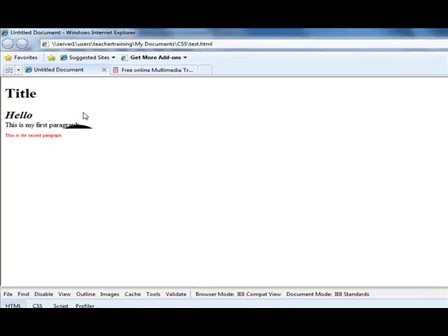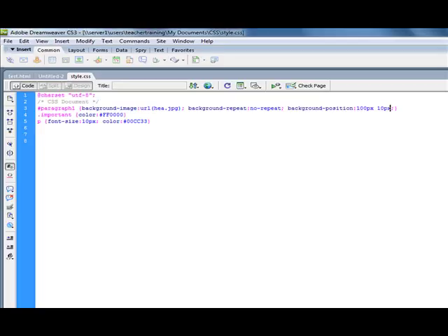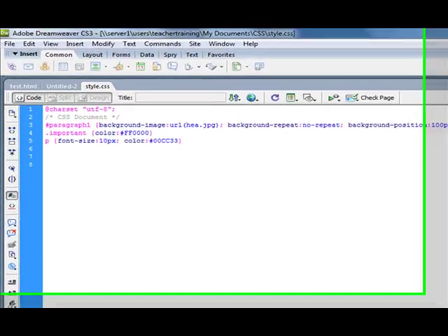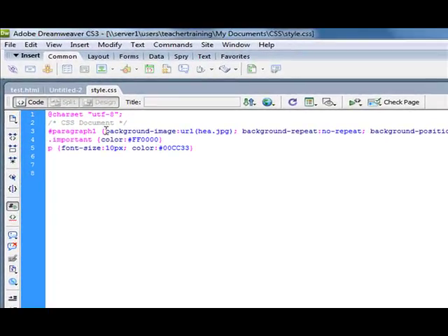When defining all these background properties, there's an awful lot of typing to be done. If we notice in our code, we've got background-image, background-repeat, background-position, and there is a shorthand way of doing it. And the shorthand way of doing it is, instead of using all these separate attributes or styles, to